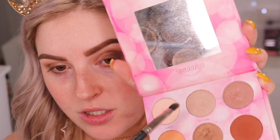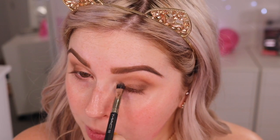Back on the original side of the palette, I'm gonna take the shade Holy Grail, which is the top center shade. It's a nice shimmery champagne. I'm gonna pop that on my inner corner, but I'll probably have to touch it up when I do my concealer. This is super pigmented. And then I'm also gonna brush that on that